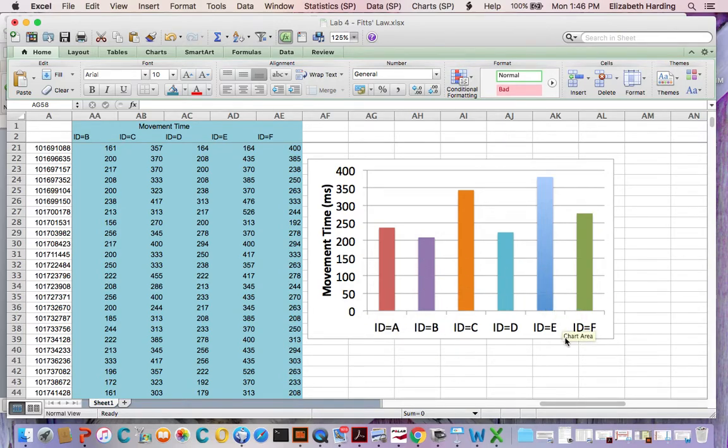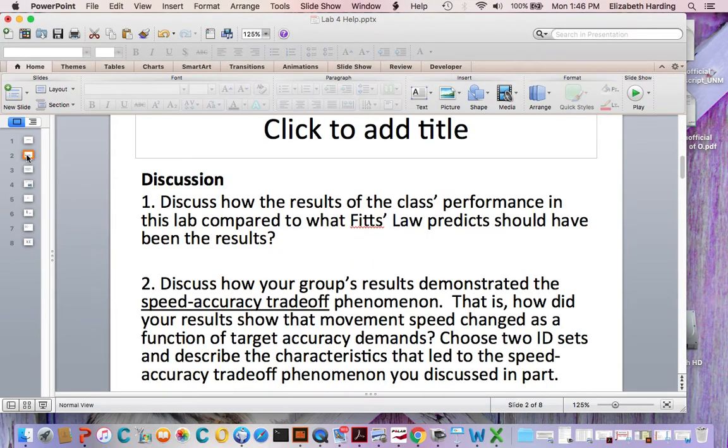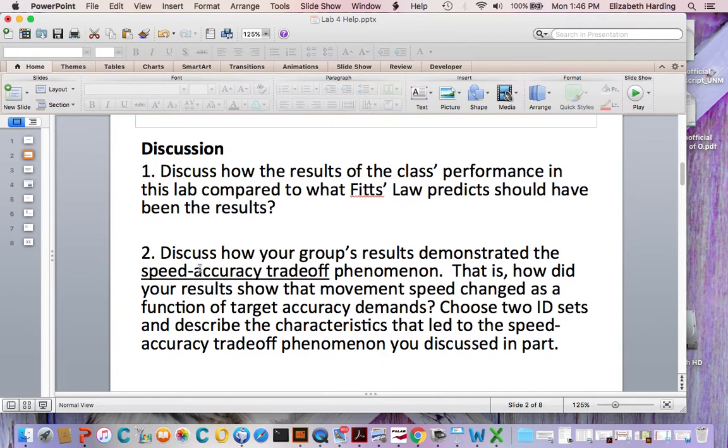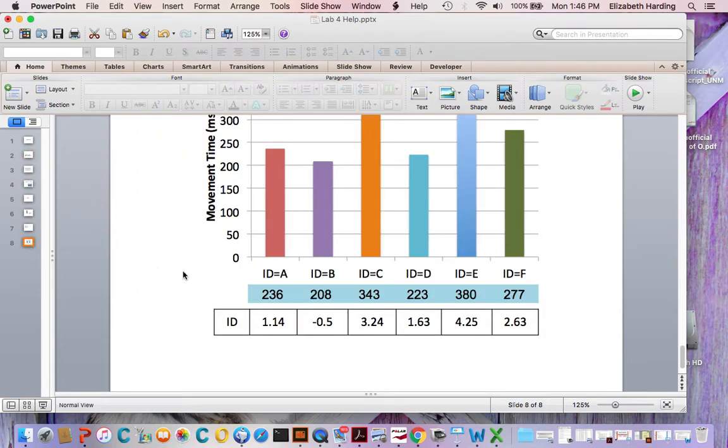All right, so what does this all mean? It wasn't specifically stated in your lab assignment to create a graph, but this is definitely helpful when it comes time to discuss your results. Okay, so let's go ahead and go back to the results, or the assignment. So within the discussion, you were supposed to discuss how the results of this experiment that we did compared to what Fitts's law predicted should have been the results. So if I go back and look at my graph here,